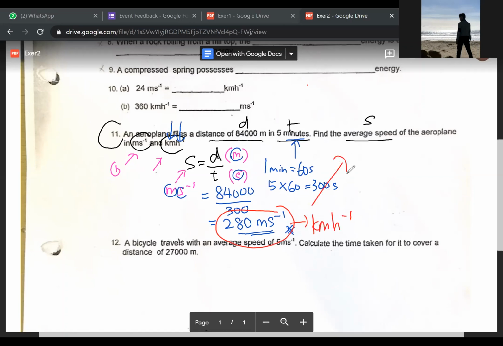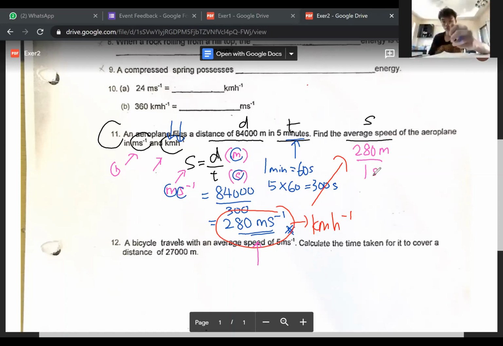I write it here. How do we convert? First, write it in fraction form. Now this 280 is meter per second, meaning over second. You can write it in fraction form by writing 280 meter over 1 second. Here's how you write it. 280 meter over 1 second equals, now you want to change it to km per hour. So km